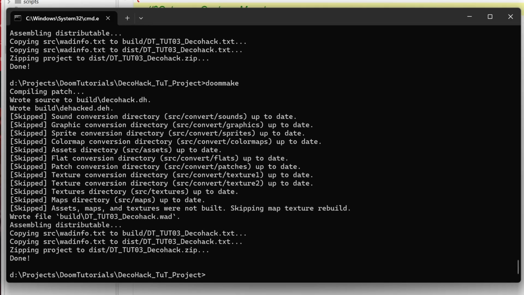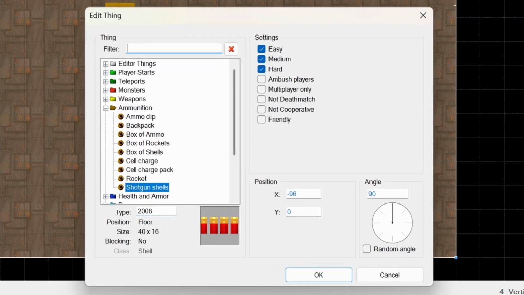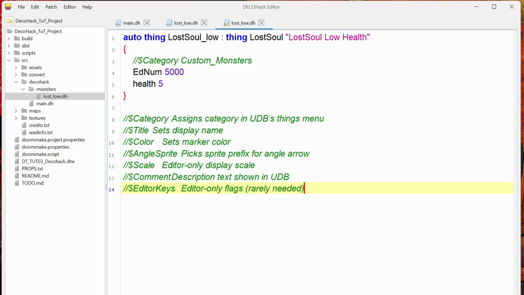I'll doommake. I'll reload my map. And now, if I go to a thing, you can see I've got a category called custom monsters, and there you can find my low health monster. And you can do a lot of things. If I come in here, you've basically got category, title, color, angel sprite,